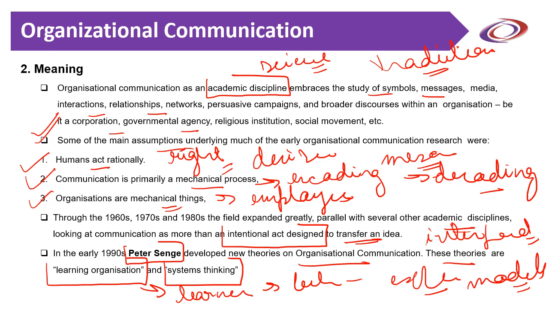And downward communication is also known as top down communication. Herein messages move from the top to the bottom, that is from the superior to the subordinate in the organization. So these take the form of instructions that are provided, guidelines, or even orders, etc. So these are the different approaches of communication that exist in the organization.